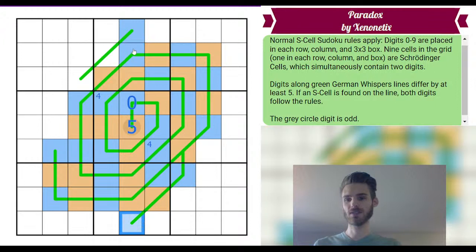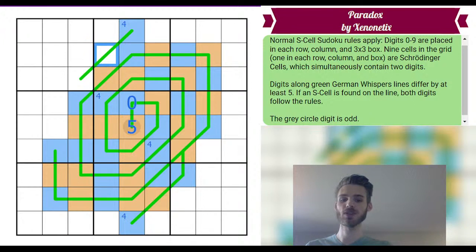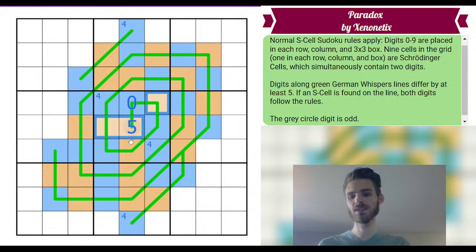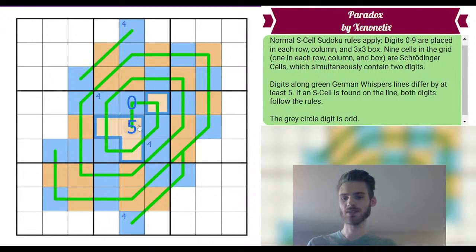Now I've noticed that this cell can't be a 4, so there's a 4 in one of these 2 cells. I'm just going to mark that very messily across several boxes. But oh, this being low means this is high. So we've basically finished the puzzle now, I guess, because we've colored it in. But we also need to have, oh, one of these cells has 2 digits in it,